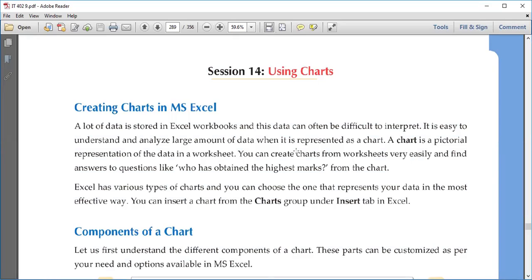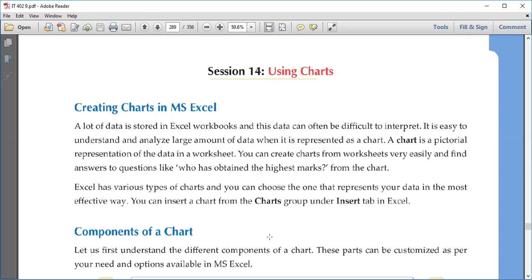Why do we do this? The reason is that charts help us to analyze the data in a better way, right? Analyze का मतलब है जो भी डेटा है आपके टेबल के अंदर, उसको कंपेयर करना, if you want to compare it with some other part, so that comparisons can be easily done with the help of charts, right?